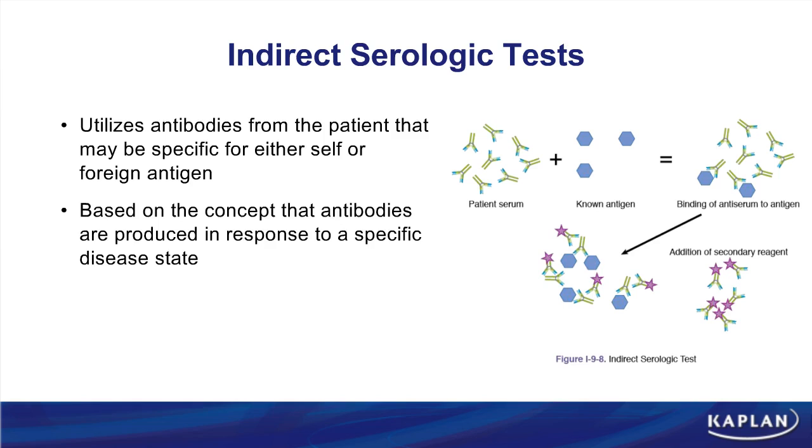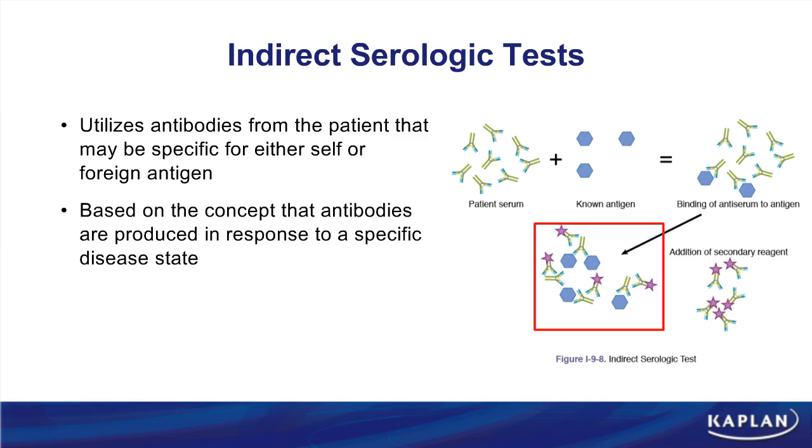So you will collect the patient's serum, allow the serum to be mixed with a known antigen, and if the antibody is going to bind to the antigen, you can determine that binding by the use of a secondary antibody,